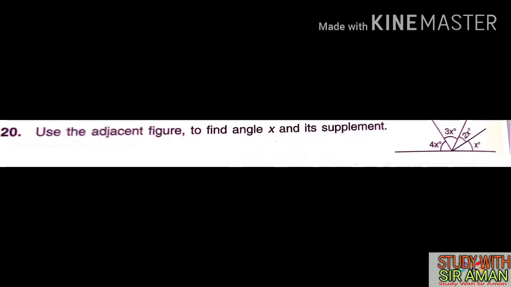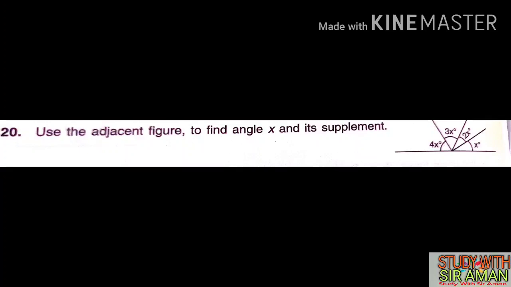The question is very easy, only check the diagram, no need to read the question. First you see the diagram, the line is straight, many angles are given, 4x, 3x, 2x. We need the value of x at first. What you can identify, is the line straight or is the line oblique? It is a straight line. What is the angle? What concept I have given you in the first class? If many angles are made on a straight line, all the angles you add and you write 180 degree. Why? Because the line is straight. Angles made on a straight line is equal to 180 degree.